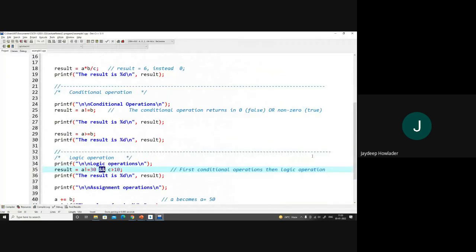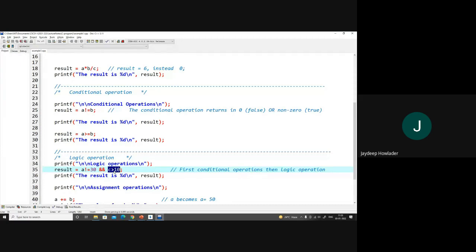Looking at this expression, we have an AND operation, its left hand side is a condition check, and the right hand side is also a condition check. After performing the condition check, each returns a true or false.